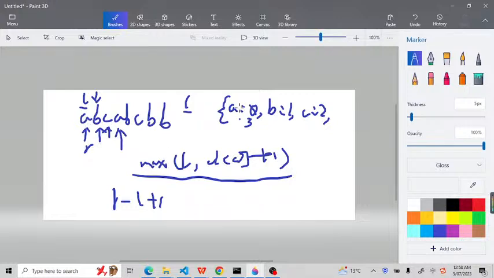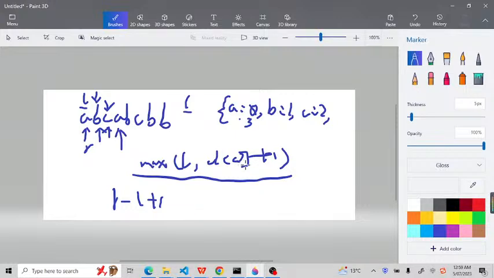So here, A is already inside. D[A] is 0, 0 plus 1 is 1. So the left pointer will shift to B because A is already inside. For example, if the right goes to B, B is already inside, so the left will shift to C. But we need to have the max with left, because if there are some counter cases, the left pointer will